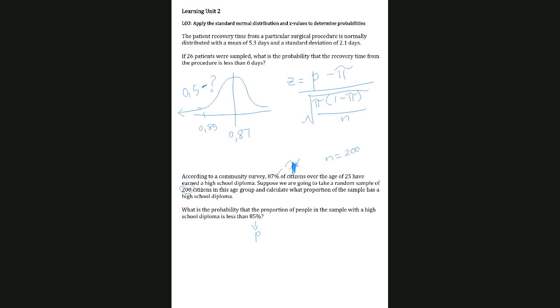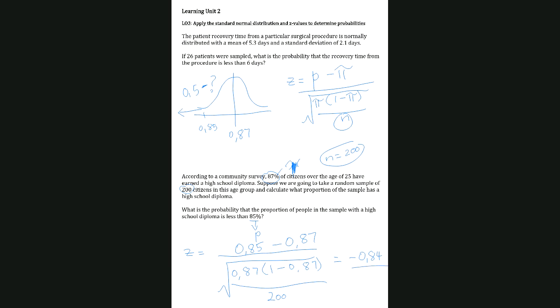So based on it, p is 0.85, so 0.85 minus pi, which is 0.87, over the root of pi, which is 0.87, multiplied by 1 minus 0.87, over n, which we said was 200. This would then give us a Z value of negative 0.84,